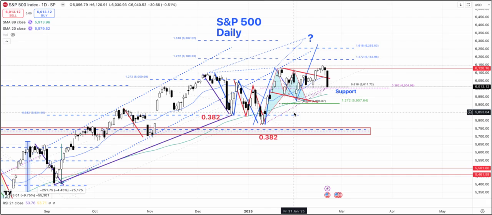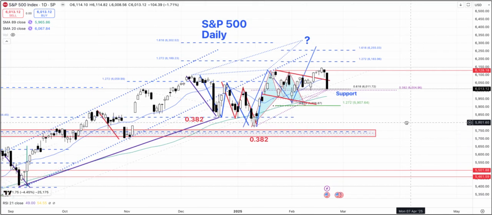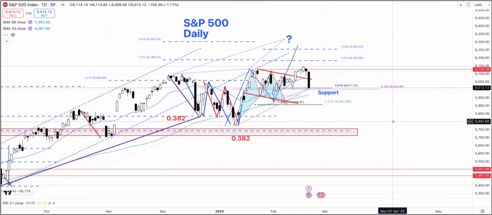It looks like moving into the weekend, the market doesn't want to take too much risk going into the weekend, because on the weekends we have had news come out. Let's say, for example, the DeepSeek scare. I think it was somewhere around here. And then I think the tariffs news came out around the 7th of February, which is around here. So some of these did produce a knee-jerk reaction to the downside, and then the market bounced back up. Could this be a similar situation? So the important thing is to see on a closing basis whether we have a follow-through or not. That's going to be the most important thing from a structural perspective.